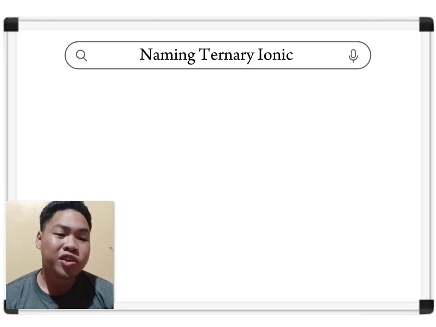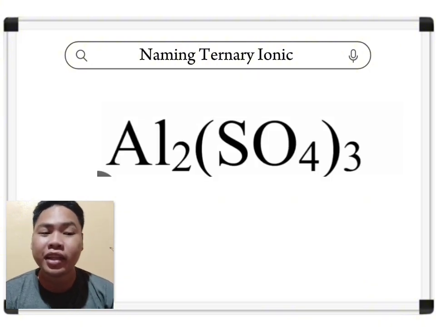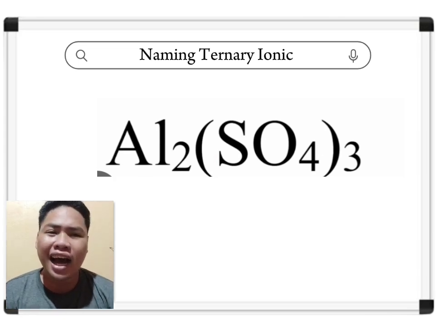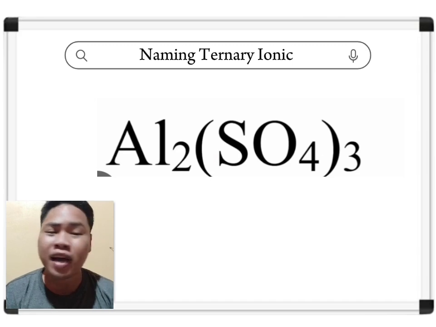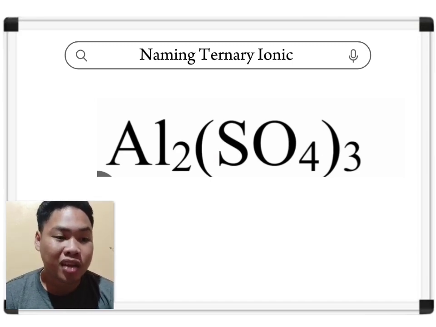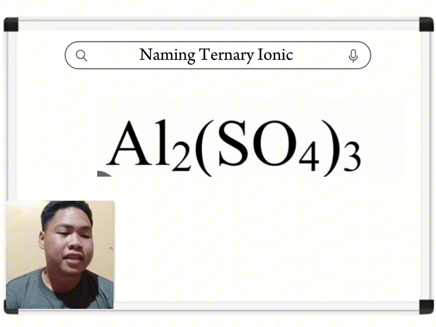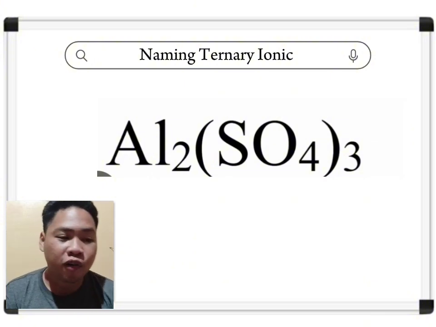Let's do one a little more scary looking. We have aluminum. That's a metal, right? And on the periodic table, it's in group 13. It has a plus 3 charge or positive 3. So the total charge here, 2 times positive 3, that will give us positive 6. So somehow, 3 times something is going to give us a minus 6 or negative 6. Well, 3 times negative 2, that gives us a minus 6 here, and that would now cancel out the positive 6. So we now have a net charge of 0.